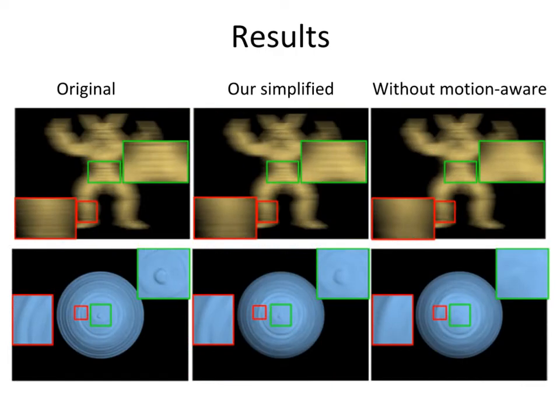Here we show the quality comparison among rendering results with original models as the ground truth, our simplified models, and the simplified models without considering the effect of motion direction. Obviously, rendering quality with our simplified models is very close to the ground truth and much better than the simplified models without motion awareness, for features whose variation is not parallel to the moving directions are well preserved in the